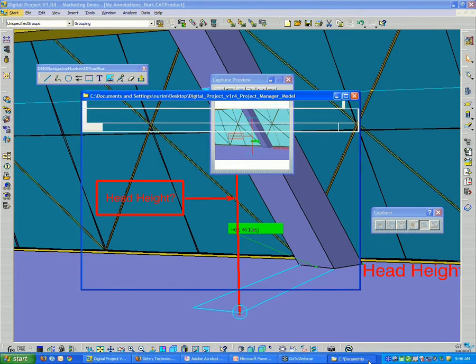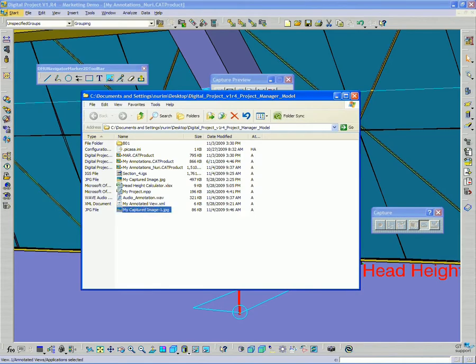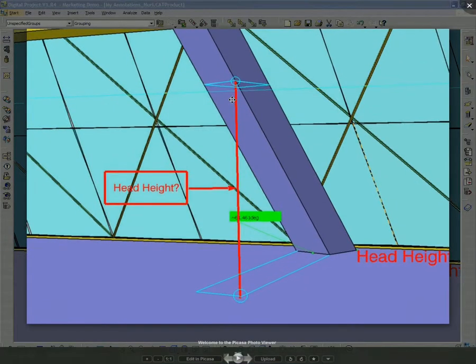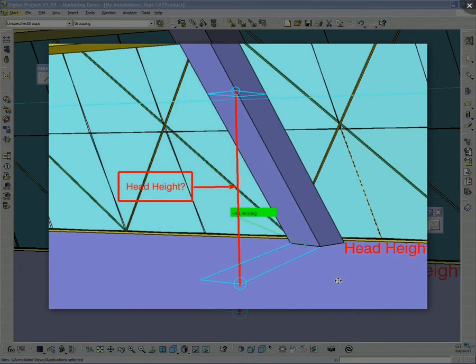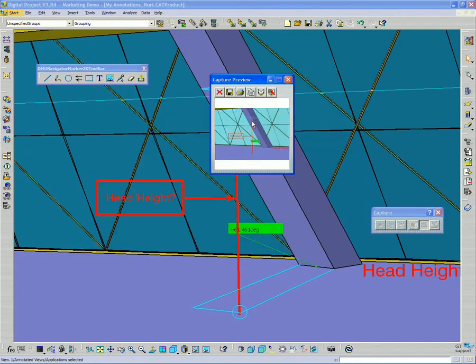And if we look at the image we just saved, it doesn't save any of the toolbars, any of the windows that are open, so it cleans all that up and just gives me exactly what I'm looking at on the screen. In addition, if I go back,